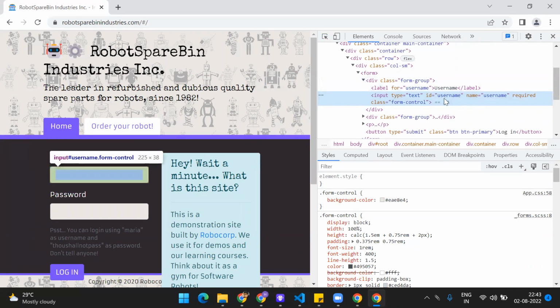If at all you have an ID and a name that are not changing, I mean, in some cases the ID would be volatile, like dynamic, right? Like it will be 1234 or something which is not a constant attribute value. In those cases, you should not pick that value. First, make sure if it's a dynamic value or static value. If it's a static value, try to choose in between ID and name. So if this is static, I am going to take the ID, which is username,